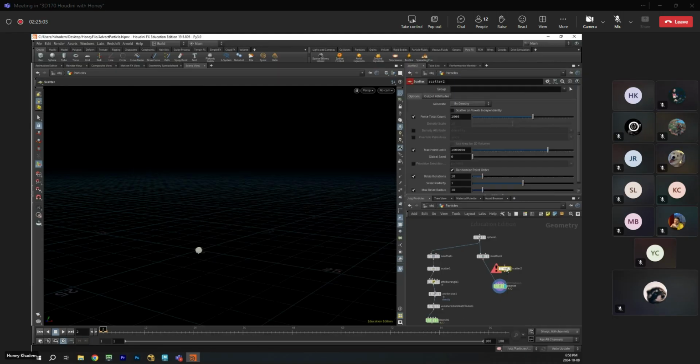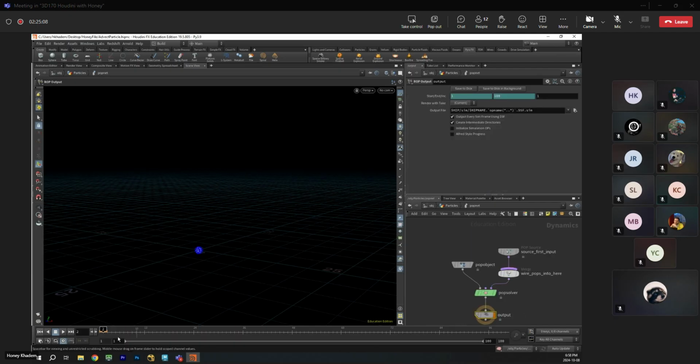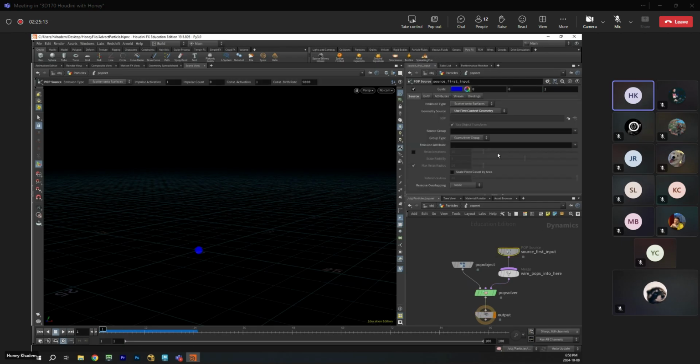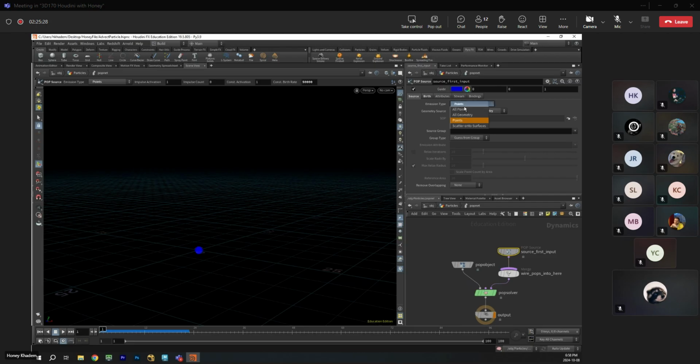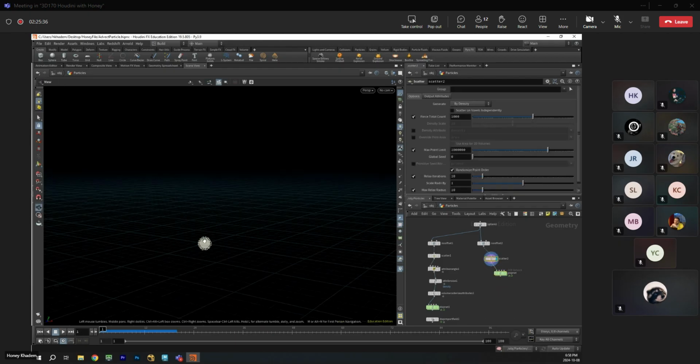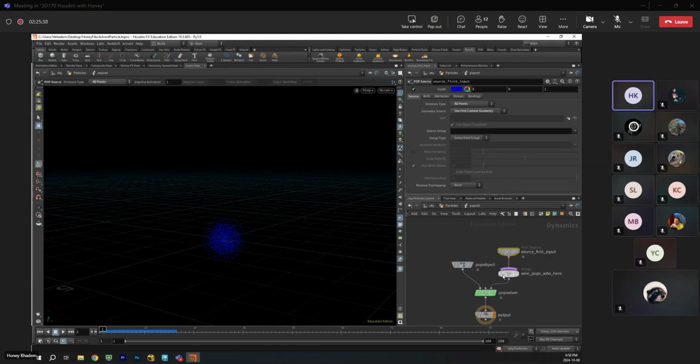Scatter. Right now we're putting points inside the sphere as well. Going like this. Okay. You can see that points are being emitted. Not a scatter. We're using points. Birth.